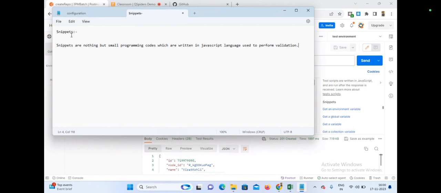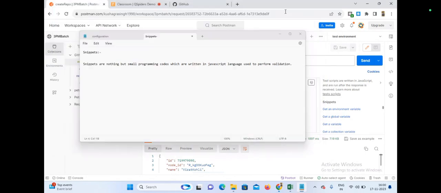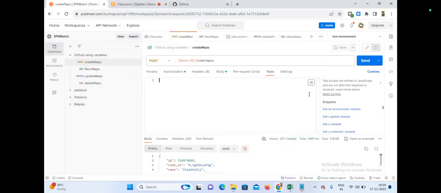Simple. What are snippets? If any interviewer asks you how we can validate the test case,